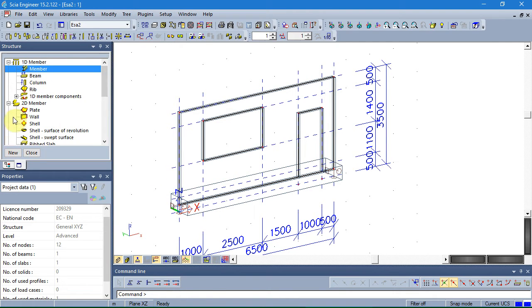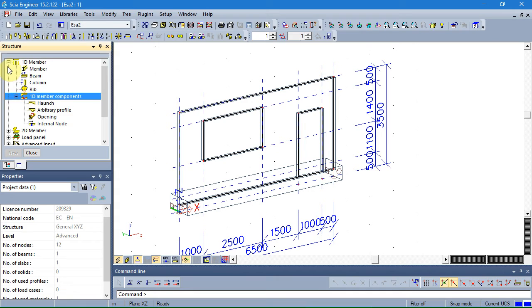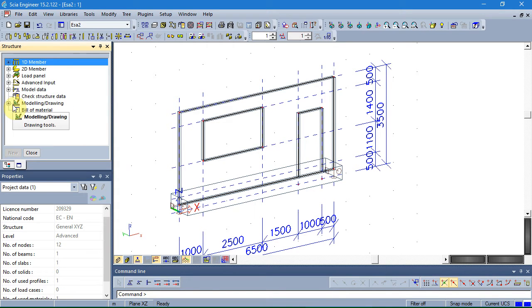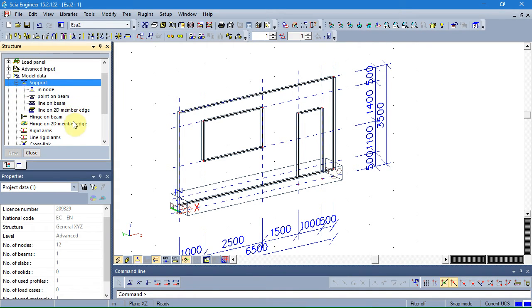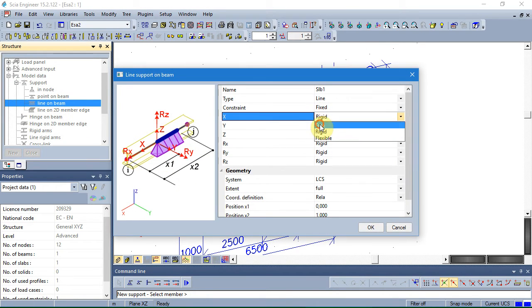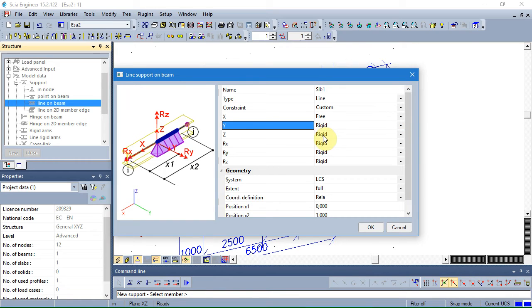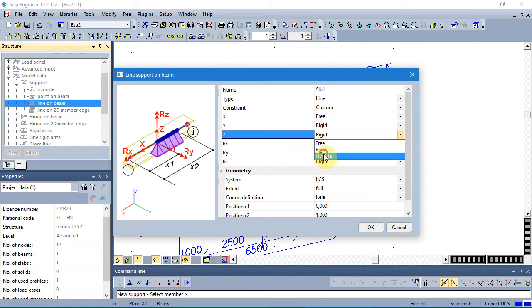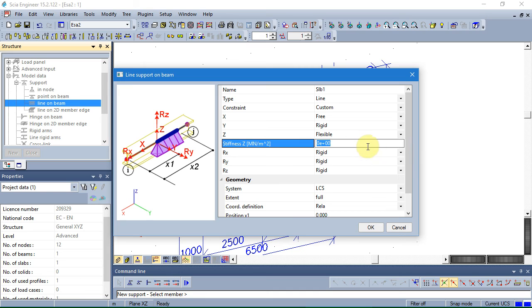There are 2 possibilities, but this is not the goal of this project. In model data support, I use line on beam, and in X direction it's free, Y direction could be rigid, Z direction is flexible, and we use 35 meganewton per meter length, meter depth.